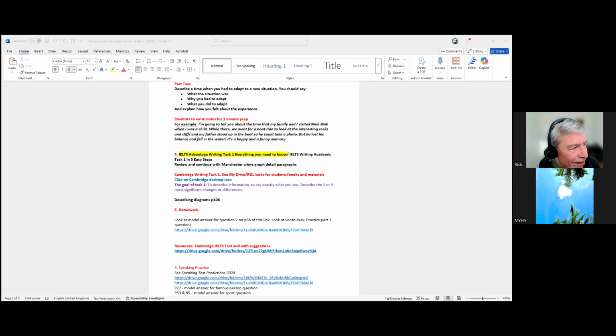So this is what I have written down in my 1 minute. Now I can look at these bullet points and I can easily talk for 2 minutes using these bullet points to remind me of what to say next. So this is what I would do if I was doing the test. I would say, I'm going to tell you about when I had to adapt to a new situation, when I learned how to scuba dive. Now, I'm scared of water. I don't like putting my head under the water because I think I might drown or maybe a shark will eat me. But I wanted to go diving with my friends, so I knew I had to get over my